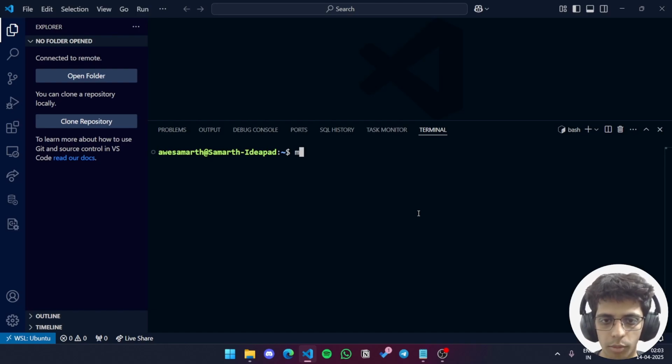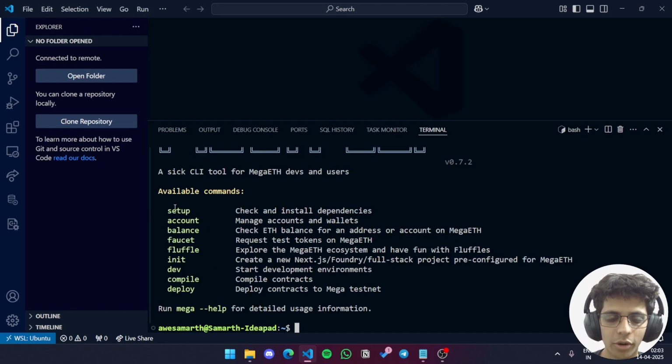So here's the list of all the commands. And yeah, if you count, there are only 9 commands shown here. That is because the 10th command is an Easter egg and I haven't mentioned it anywhere. However, there is a hint given in the documentation which I'll link in the description. Go check it out and see if you can find it. Now, let's go over these commands one by one.